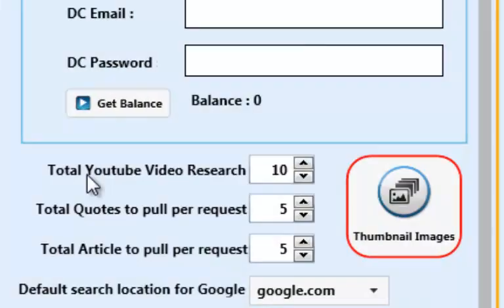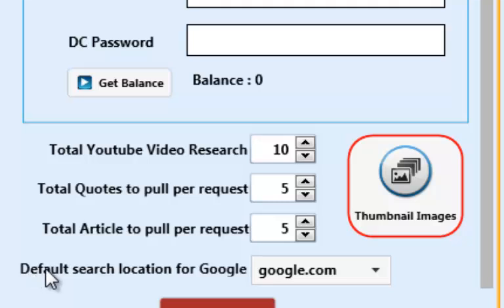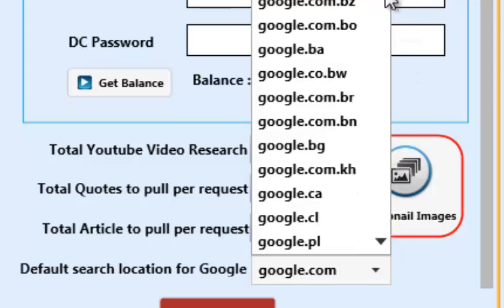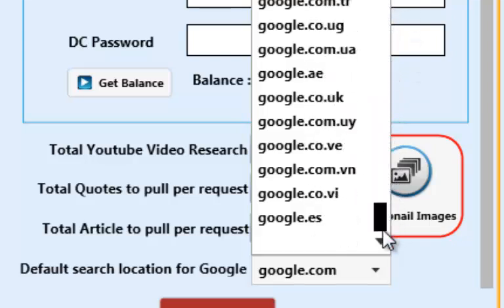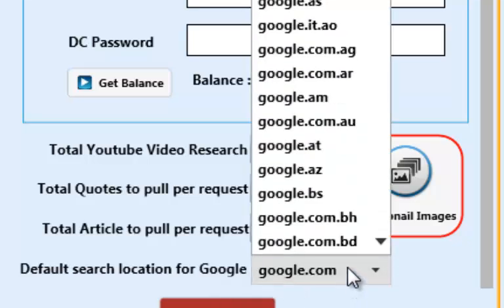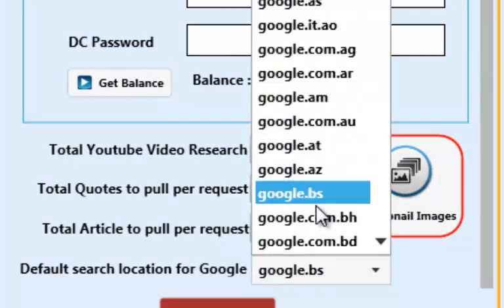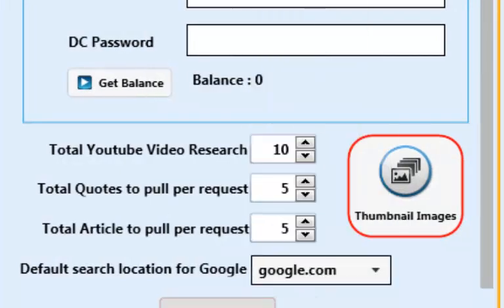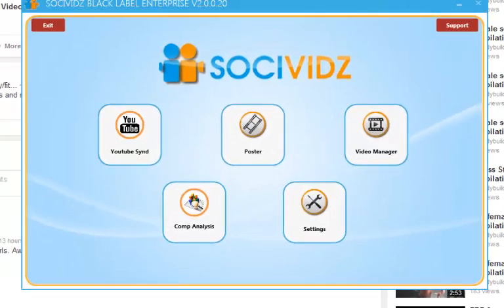Inside of the settings tab, you now have another area saying default search location for Google, and when you click on this, you've got a drop down menu and you can choose the Google location of your choice. And if you don't see the Google location of your choice down here, guys, then just send us an email and I'm sure we'll be able to get that added for you. You can set it and click on save, and as you'll see, it'll be saved over. I'm going to keep it to google.com. Even though I'm in the UK, it will work with google.com as well for me, and it won't divert over to